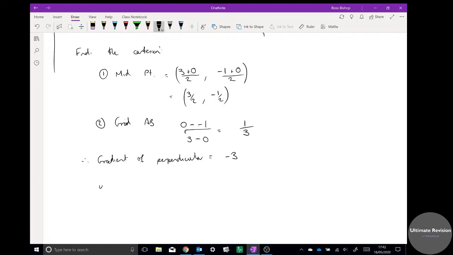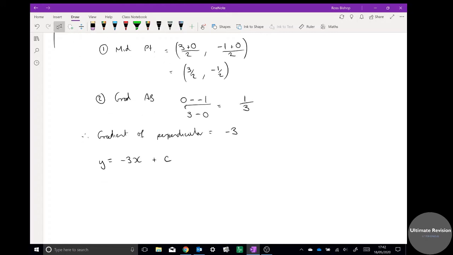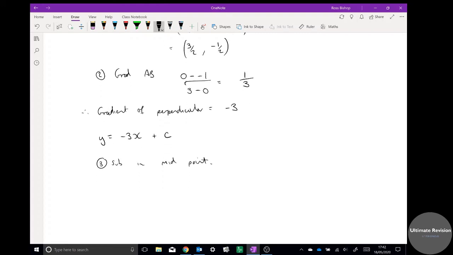So I know it's going to be y equals negative 3x plus c. And I know it passes through the midpoint. So I sub in the midpoint, and I get minus a half